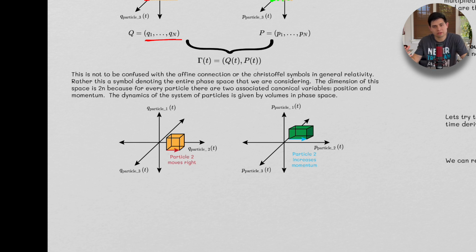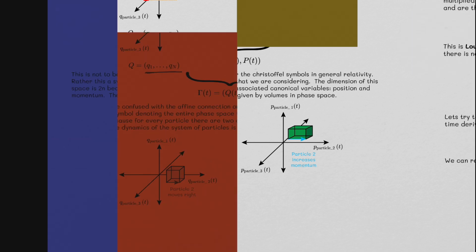When it really comes down to things, momentum has three components, right? X, Y, and Z components. Position has multiple components, also X, Y, and Z components. So this can actually blow up into 3n, or 3 times 2n, right? Because you have 2n because for every particle